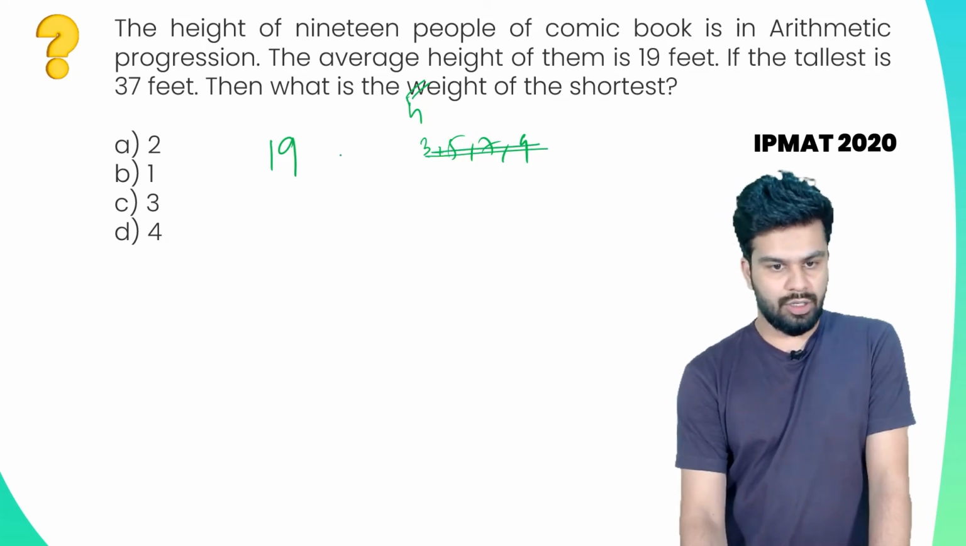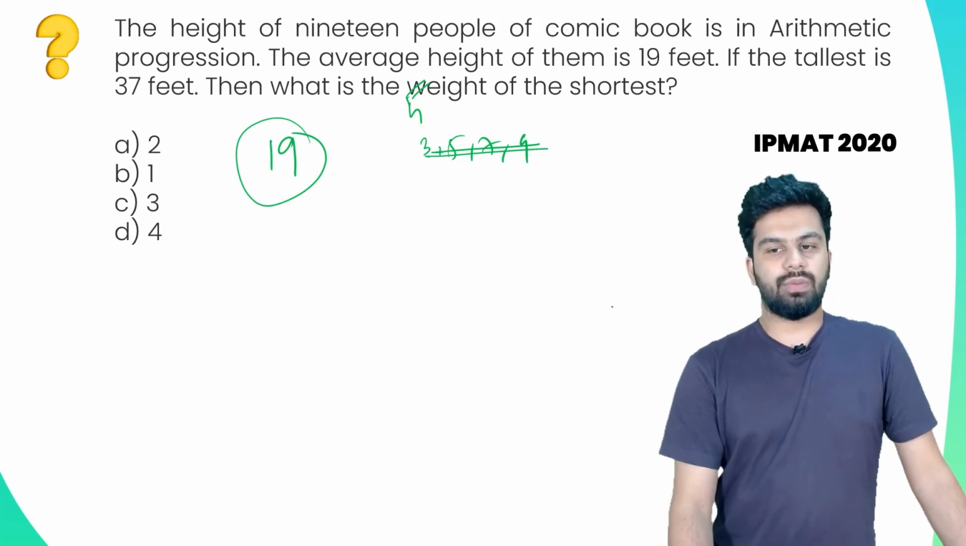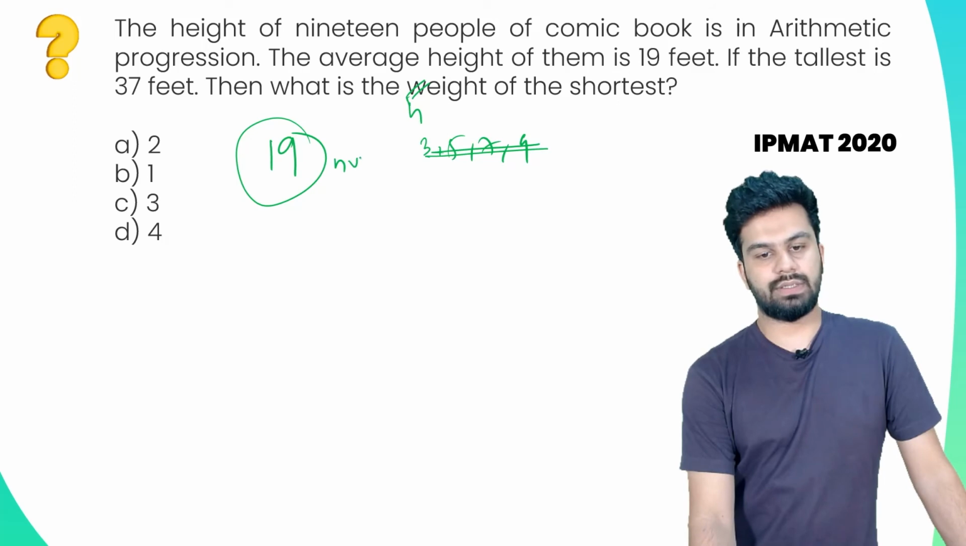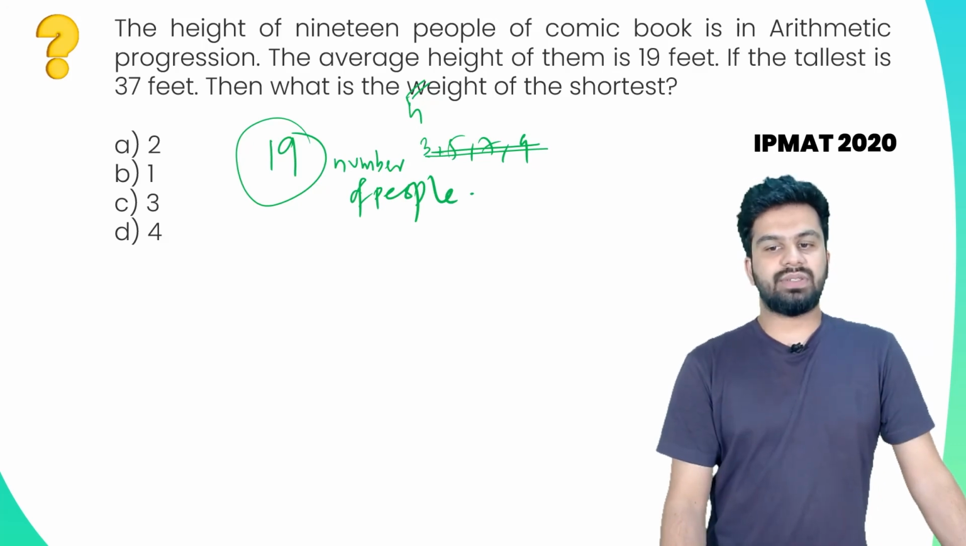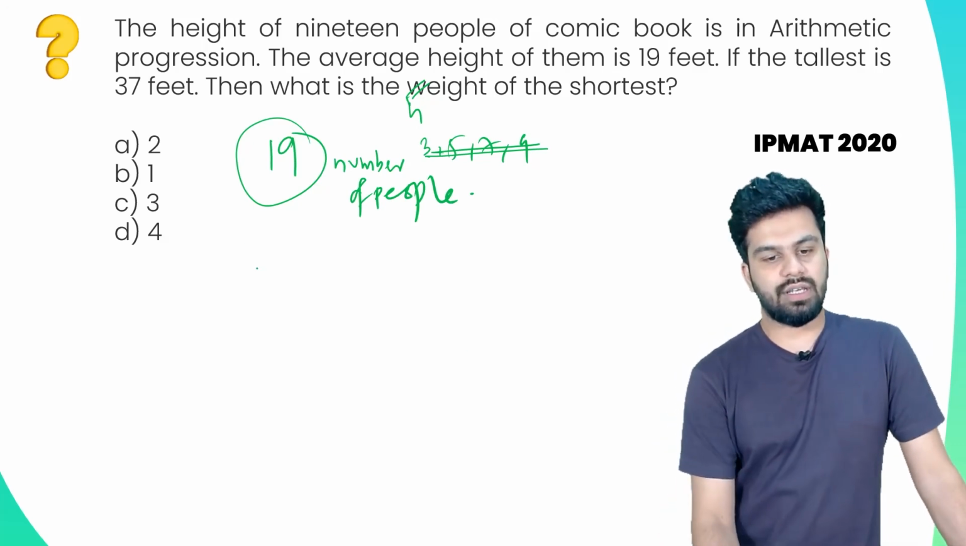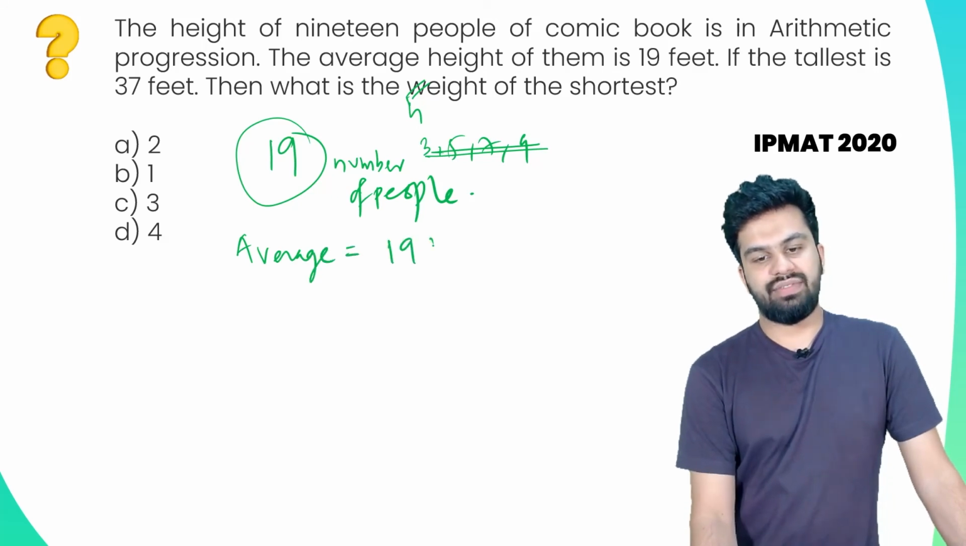So let's not get into those technicalities, we'll just focus on the problem. Height of 19 people of comic book is in arithmetic progression. 19 പേരാണ് നമുക്കുള്ളത്, 19 numbers, number of people. The average height of them is 19 feet. Average is equal to 19. Average of these 19 is equal to 19 feet. If the tallest is 37 feet, okay, tallest